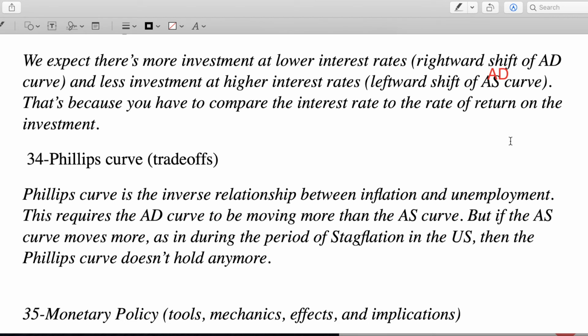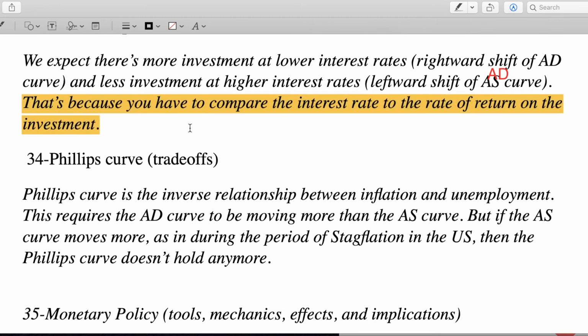In the long run, you could get a leftward shift of aggregate supply if there's less investment over time, which means you're doing less to maintain and to build out new capacity and new factories, and then over time there's depreciation, meaning the existing productive stock deteriorates, and so you can produce less and less over time if there's insufficient investment to rebuild the infrastructure. And so that's probably what I was talking about here. Ultimately, you have to compare the interest rate to the rate of return on investment, right?